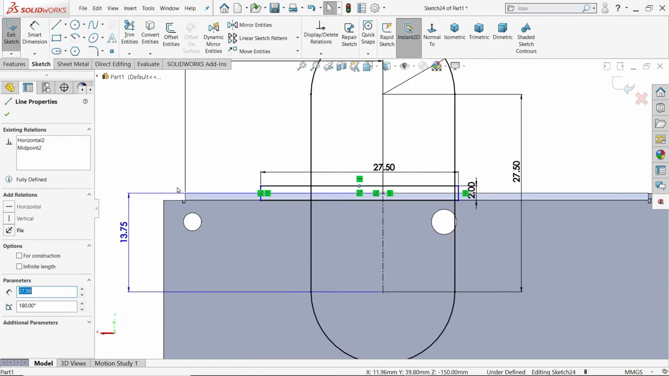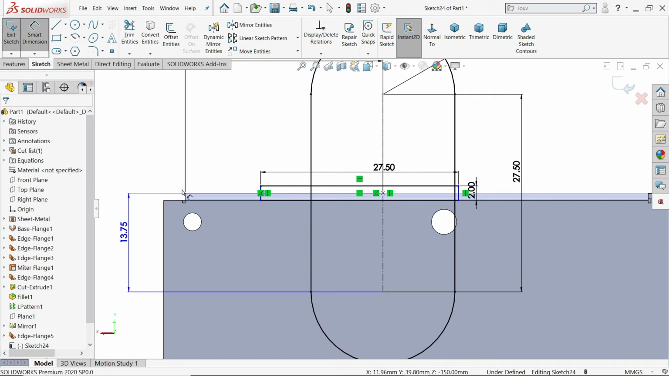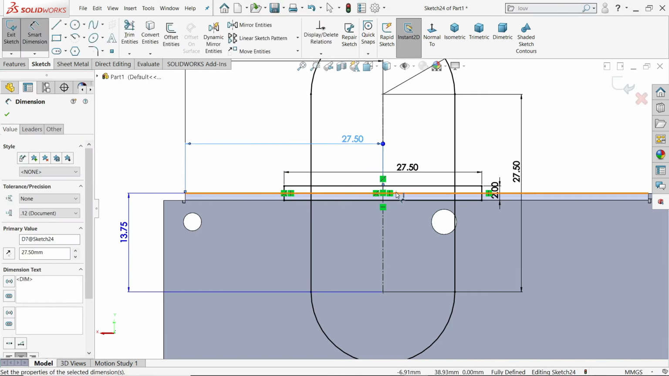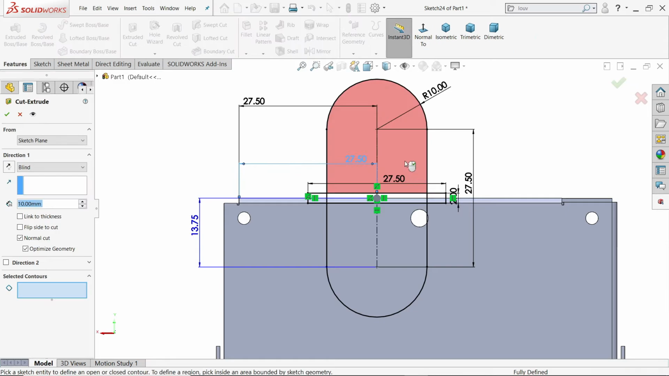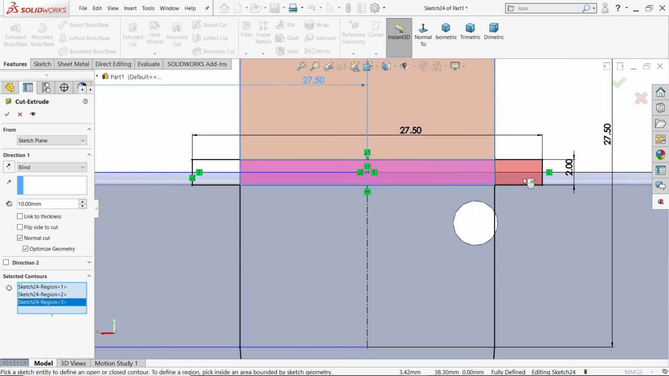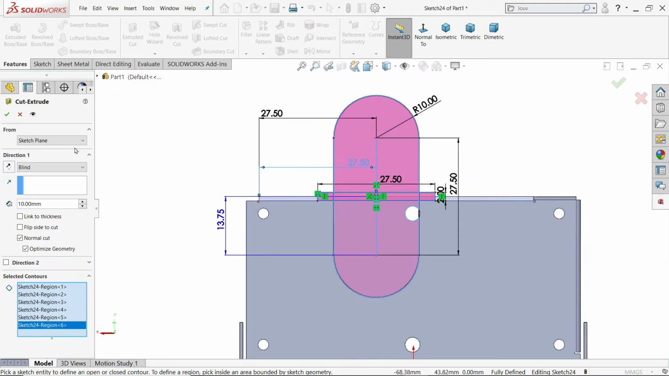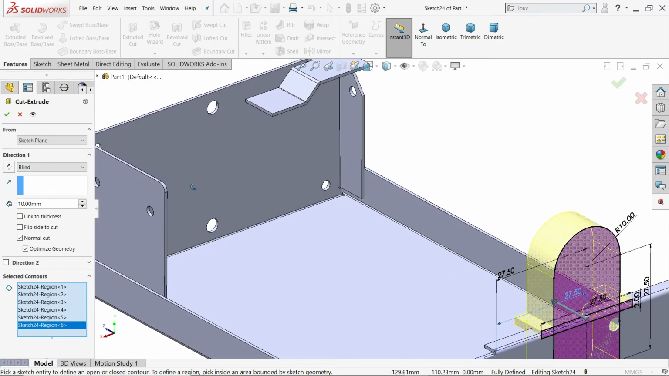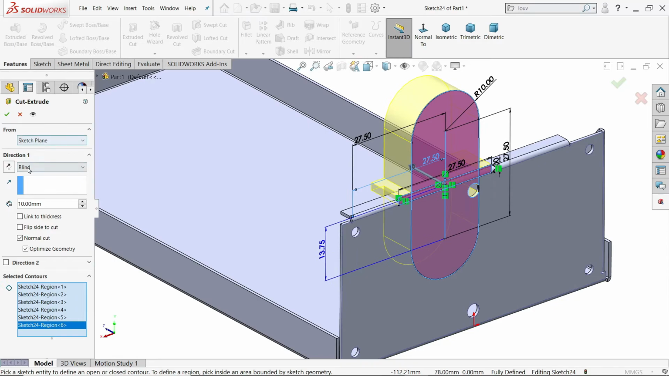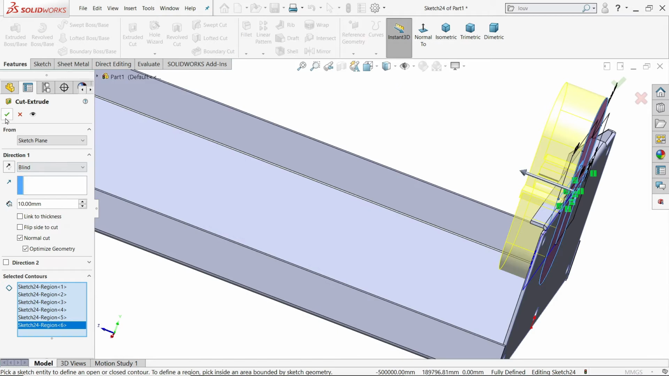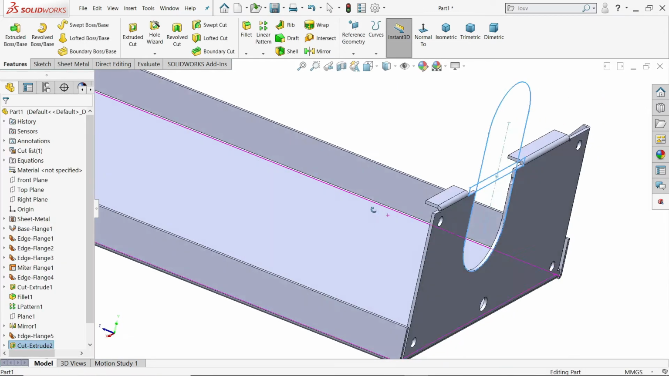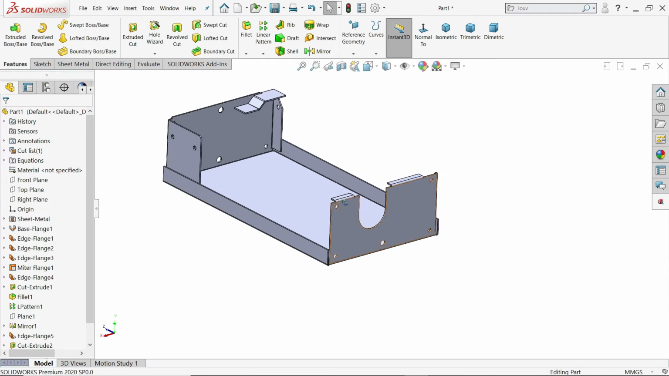Now choose this midline distance from here to this is fully defined sketch. Extruded cut 1, now here let's say not throughout, we have to define some dimensions. 10 millimeter is enough. Look,